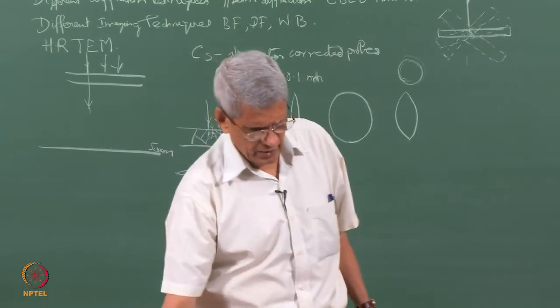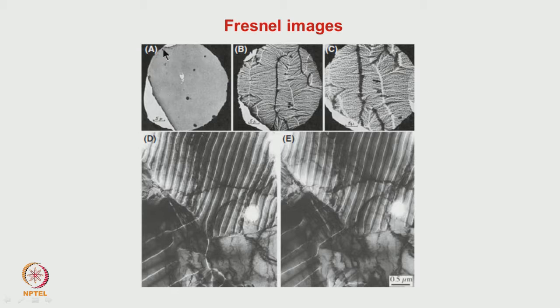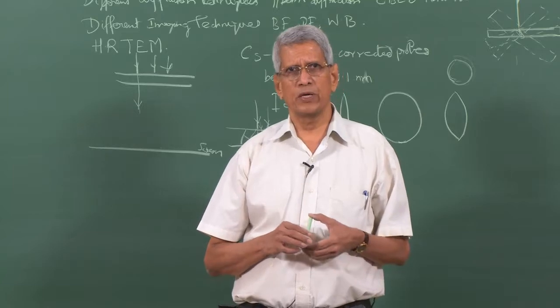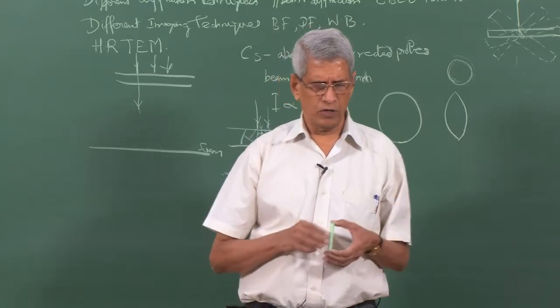This is an example of a sample where you can see that when it is in perfect focus we do not see any image. But when the sample is magnetic, especially when magnetic domains are there, from one side to the other side there is going to be a sudden change in the magnetic potential, because of which if we defocus a little bit we will be getting a bright and dark contrast. This contrast itself could be used to identify the magnetic domains. That is exactly what is being done in this particular case. In fact, the same Fresnel images could be used to obtain the distribution of the domains, etc.